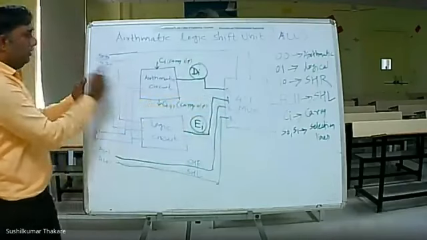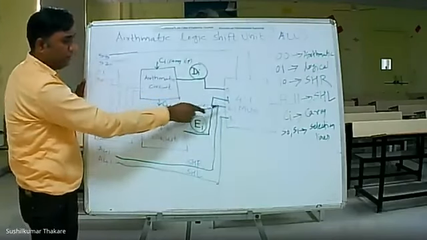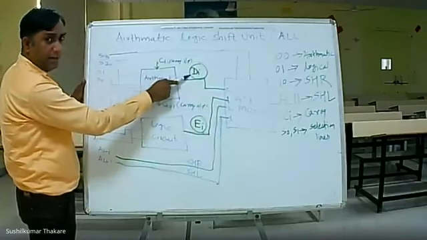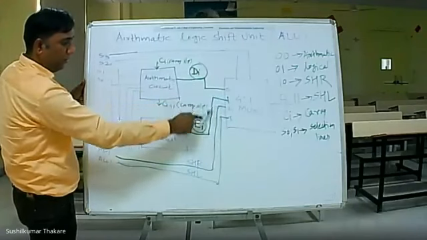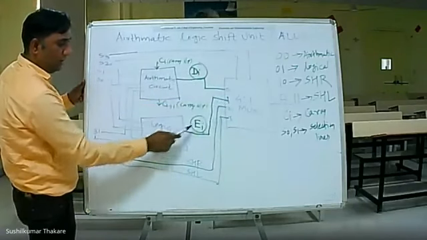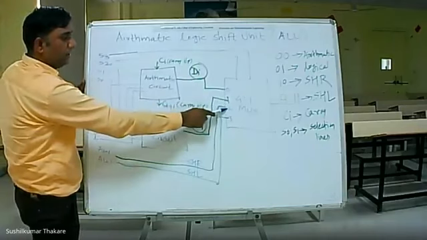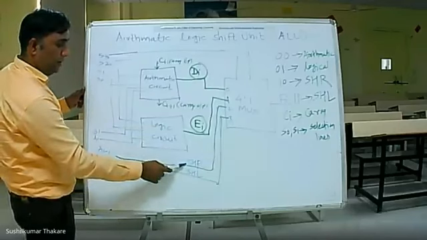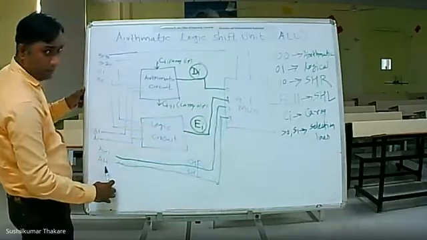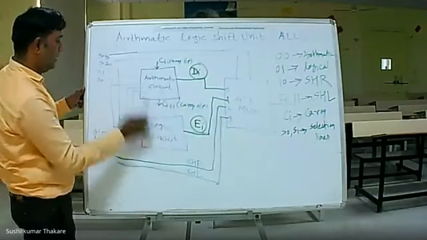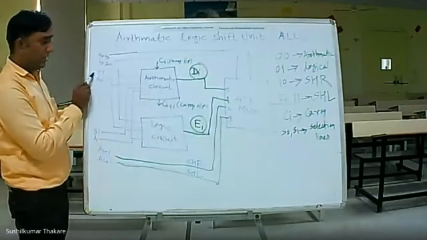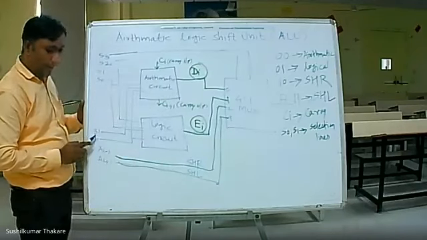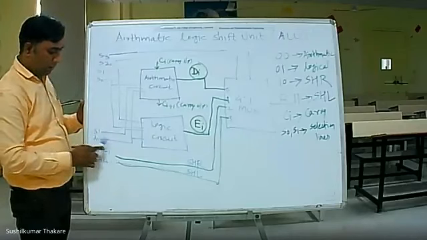This 4:1 mux has 4 inputs. The first input is from the arithmetic circuit, represented as DI. The second input is from the logical circuit, represented as EI. The third input is AI shift right, and the fourth is the shift left. The arithmetic and logical circuits are both connected to select lines S1 S0, and BI and AI are the inputs to both circuits.